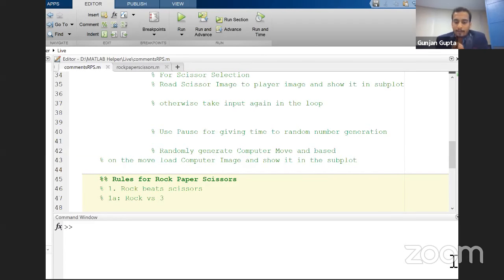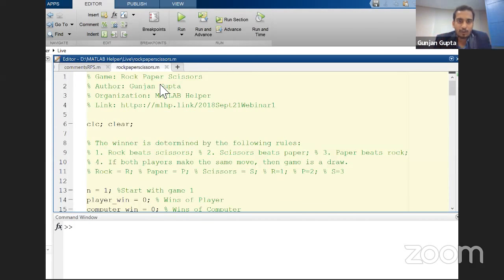So in a rock, paper, and scissors game, what usually happens, we have three options: rock, paper, and scissors. So this is the symbol of rock. Next, we have paper, and third, we have scissors. What happens? Rock beats scissors, scissors beats paper, and paper beats rock. So we are going to code the same thing, rock, paper, and scissors using MATLAB, and at the same time, we will be having fun while playing the game together. So since you guys can see my screen, I'll first show you the code which I have already made, and you will be able to find out how exactly the end result of this game we created would be.